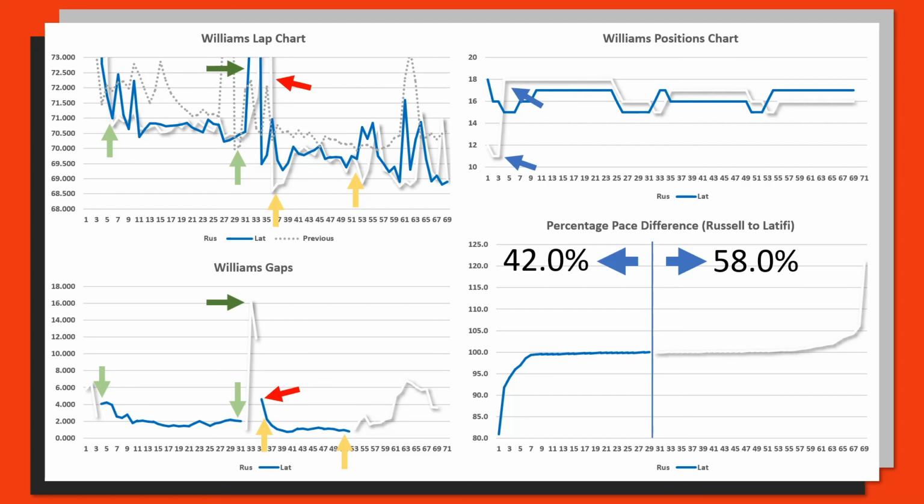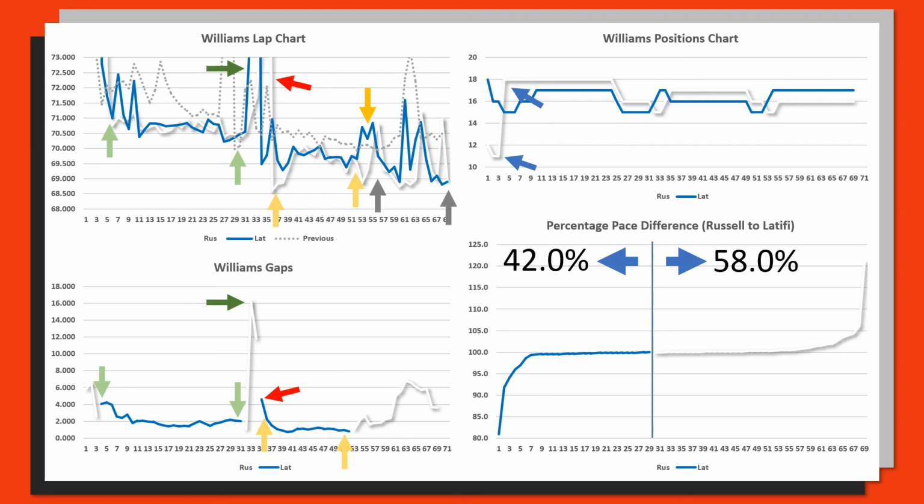But he can't really do anything until this mistake here in the slightly darker orange colour from Nicholas Latifi, allowing for a positional change on track to happen, which again is the only positional change on track that happens for Williams. And then of course we have the final section of racing between these two darker grey arrows here, which